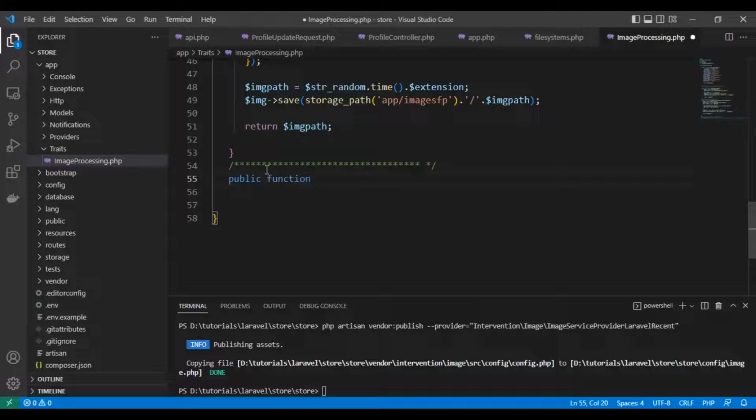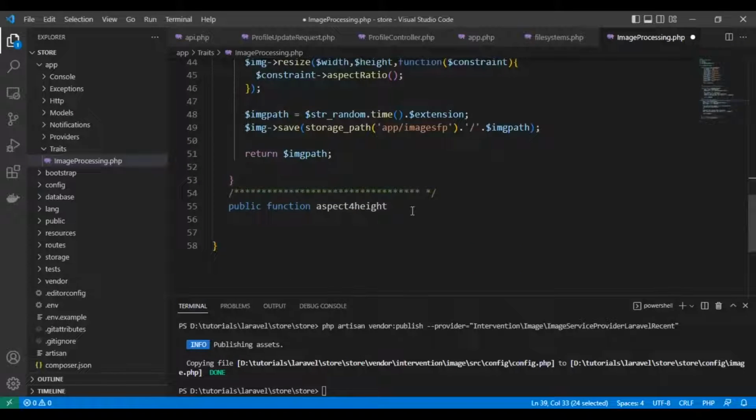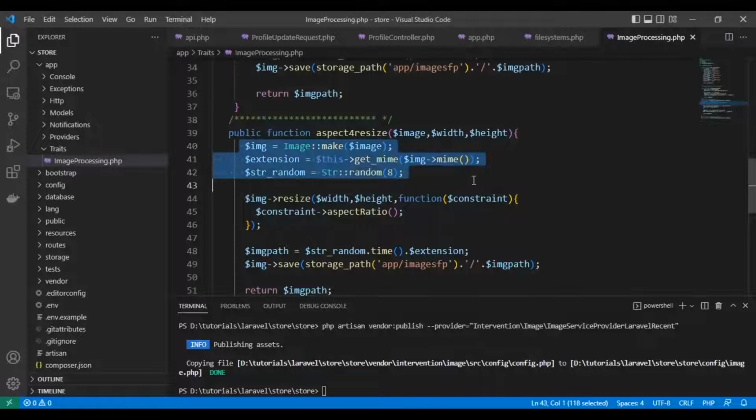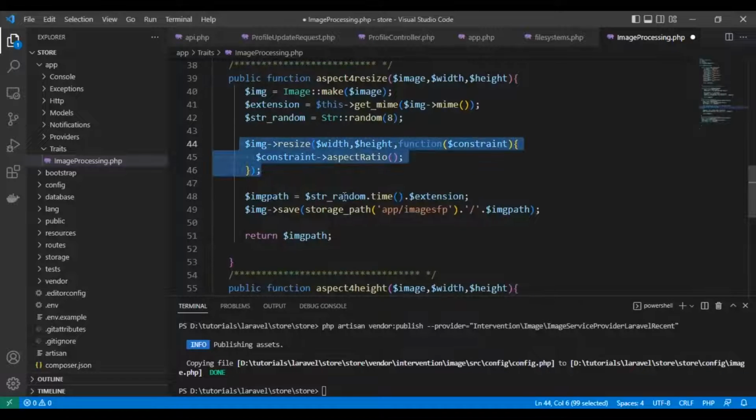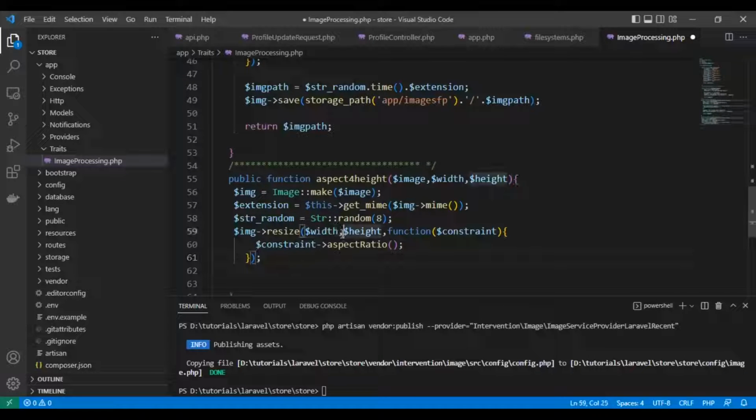So we can create public function, aspect for height, and it will take image and width and height. We'll copy those lines, and this too. But we will make the width null. So fix the height and the width will be